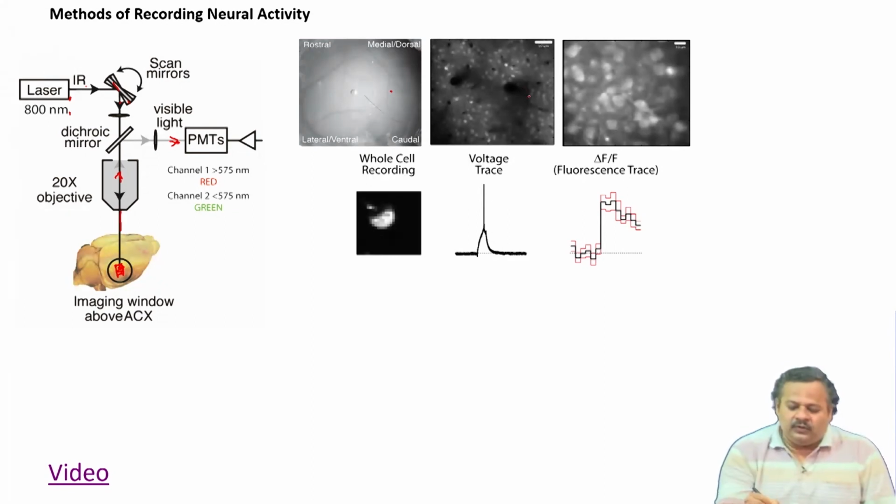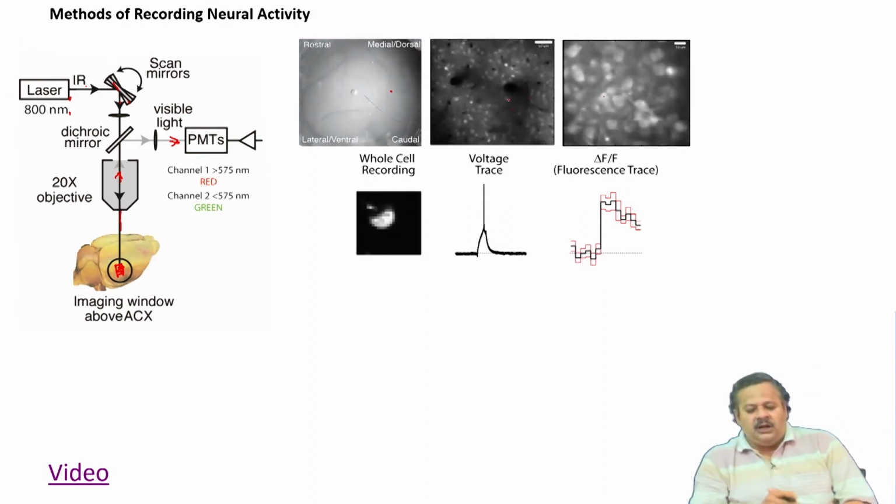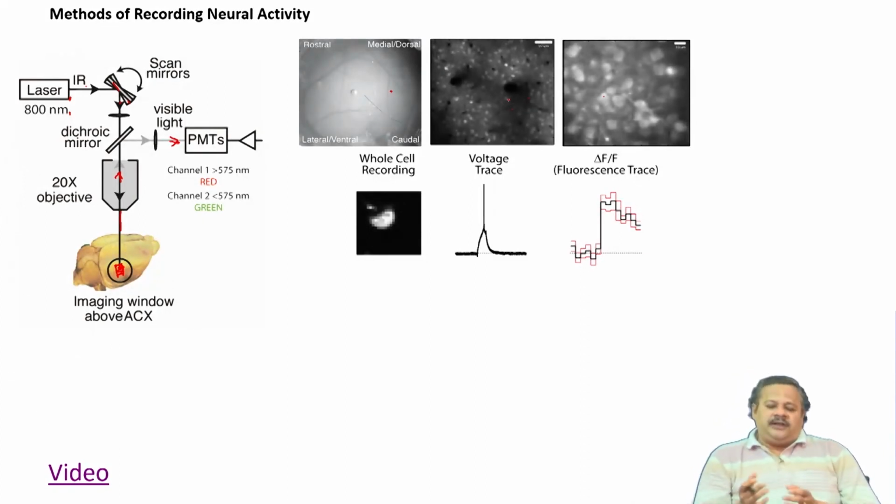Now, here are two examples, one from a larger area and one from a closer area, where the neurons are visible with a particular dye, which is a calcium indicator. That is, this particular dye binds to calcium and becomes fluorescent when it is internalized by the neurons. Similarly, nowadays, as we will see, these dyes have been replaced by calcium-dependent proteins like GCaMP of different versions, which essentially perform in the same way but are more